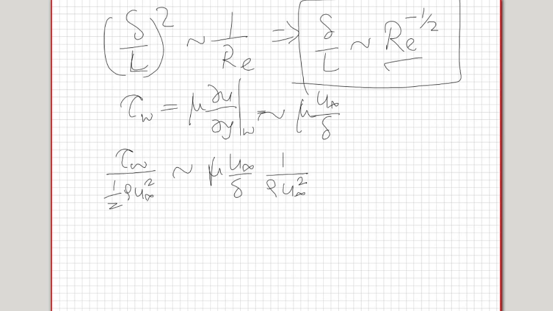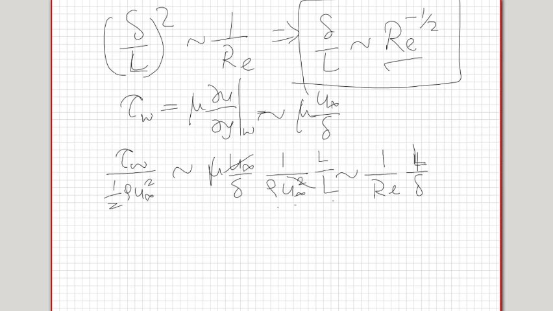So now the u infinity gets cancelled against this one. So what do I get? This is a mu and there is a rho u infinity. So I multiply and divide by L. So with L by L, I get rho u infinity L by mu, which is 1 over Reynolds number, and this 1 by delta. So it is of the order of 1 over Re and 1 over delta. Correct? Sorry, L over delta.